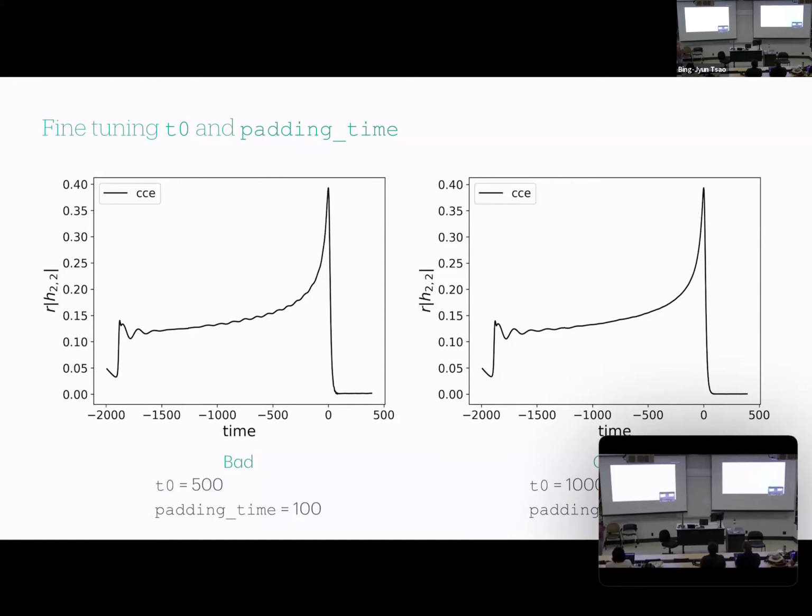So part of that may still be fine-tuning these padding times, but part of it may also be junk from the CCE evolution itself. This is something that SpECTRE or SXS faces as well with their waveforms. I mentioned that we're providing the boundary data, but they do start with some initial guess on the initial time slice. And right now, it's not a very sophisticated guess, so they're working on improving that. What they do with their waveforms, since they are just so long, is they cut off the first 1,000 or 2,000 M and are just like, yay, we're good. The wiggles are gone.